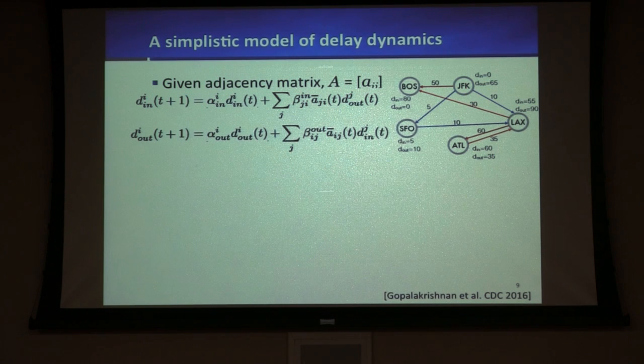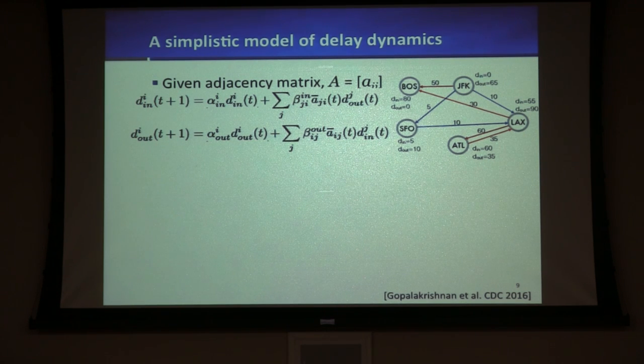So once I have that, I'm going to come up with an even more simplified model of the delay dynamics. And it's going to be the following, which is for a state of a particular node, I'm going to be looking at how much delay am I sending out and how much delay is coming in at that particular time. So my simplified model is going to look something like this. It's going to say that my inbound delay at airport i at time t plus 1, there are 2 things